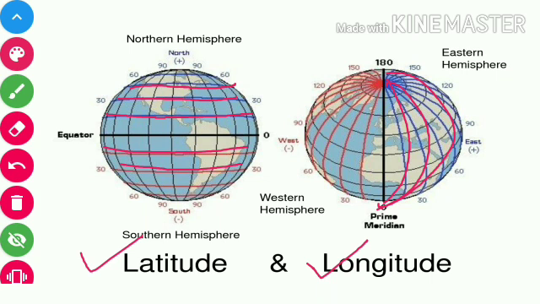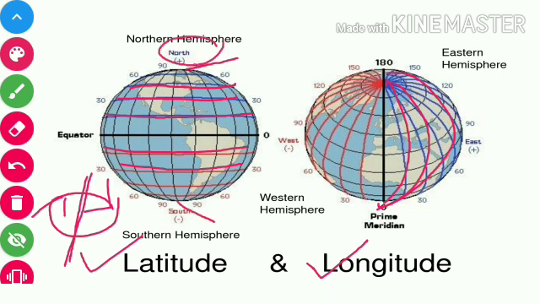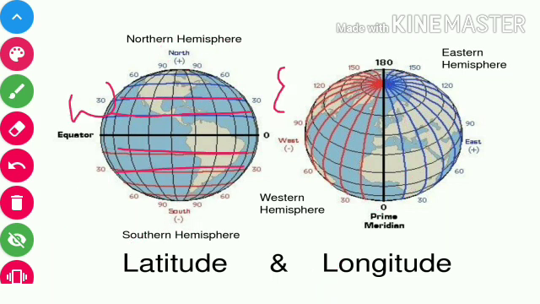The axis of the globe on which it rotates has two endpoints. It is an imaginary line about which a body rotates. So, Earth rotates on an imaginary line called axis, like this. It has two endpoints, North Pole and South Pole. This side is east, this side is west.